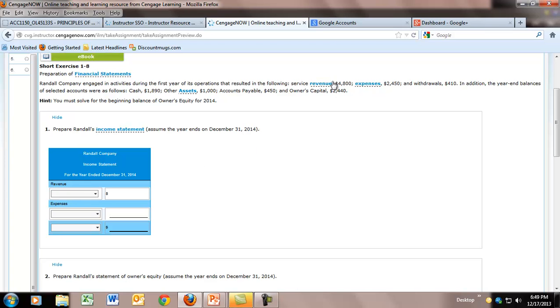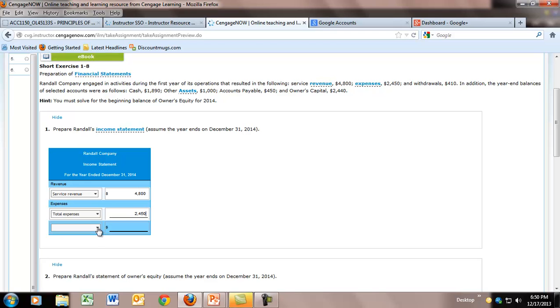Now service revenue, $4,800 in service revenue, was our revenue account. So I'm going to click on the down arrow and choose service revenue, and I'm going to put in $4,800 for the amount that was given to me. Then we have total expenses, and in this example we're just using total expenses. In future examples you'll list out each expense individually. So the total amount of all of our expenses is